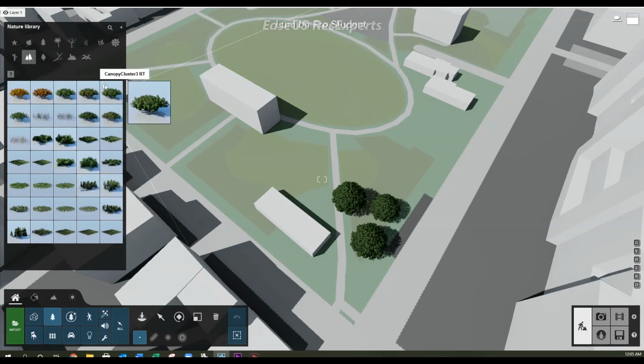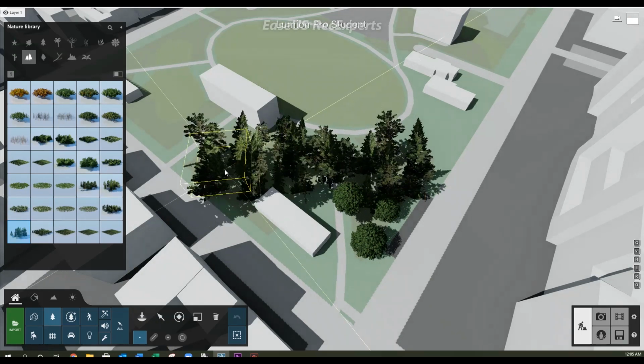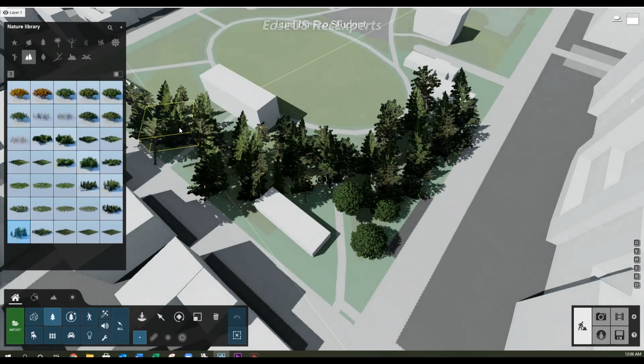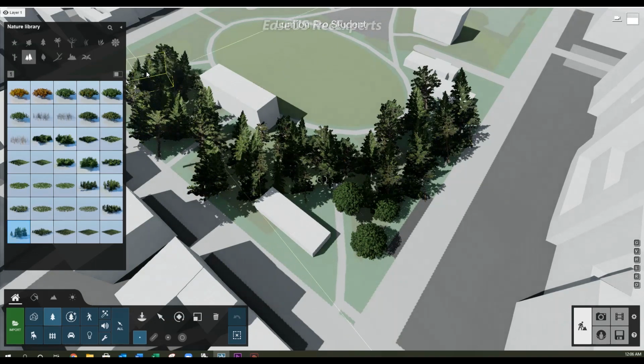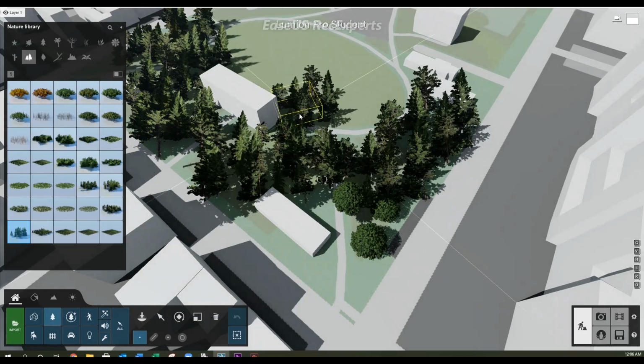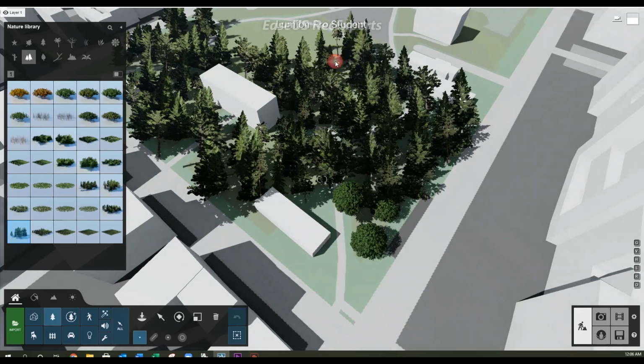probably one of these down here. I'm going to go with the pine tree cluster, and that'll help me populate this a lot faster with some foliage in these tree areas. I know that this particular park doesn't actually have this much foliage, but I'm just going to throw these in here for the sake of this rendering tutorial so that you guys can see this in action a little bit better. So now I'm going to come back to this movie mode,